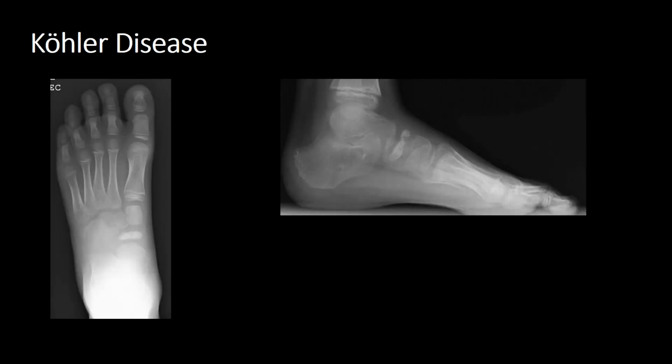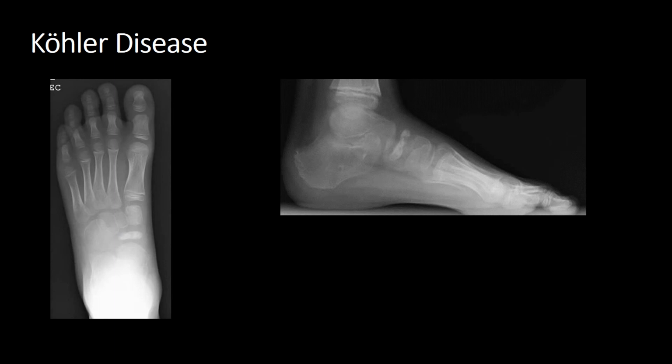So Kohler disease, it's not a disease per se. This is actually a self-limiting avascular necrosis. So what do I mean by self-limiting? Well, basically it means that the patient will recover from it. It's only like this for a short period of time. And if you look at the medial cuneiform, the intermediate cuneiform, the lateral cuneiform and the cuboid, we can see how all the bones have a similar density. They're all of a normal size and shape. And then in comparison, we can see the navicular, which appears very flattened and sclerotic,